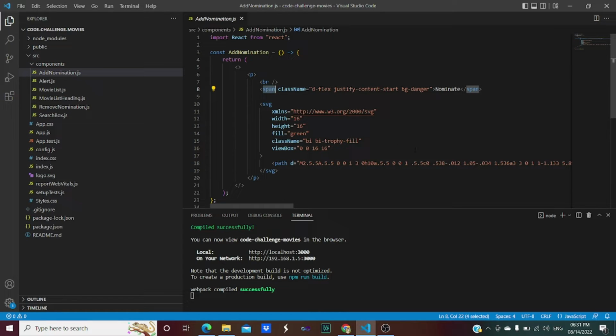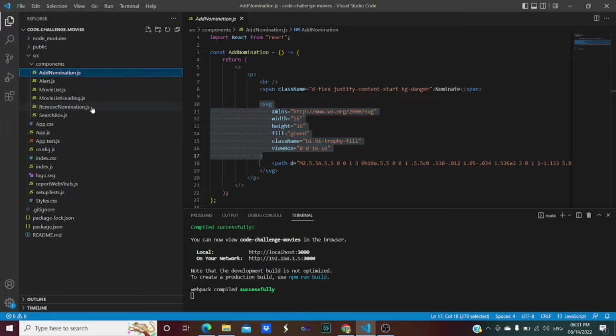And along with that, I also want to display a small green trophy image below that nominate button. For that purpose, I have used this SVG tag, with the help of which I have retrieved that trophy image from w3.org, and I have displayed that image on my front end interface. So this add nomination component is used to add the nomination.